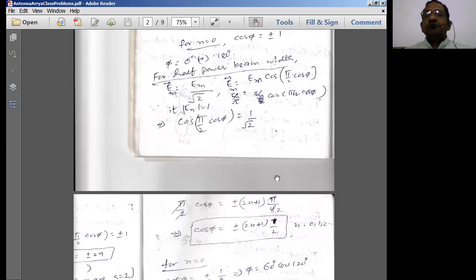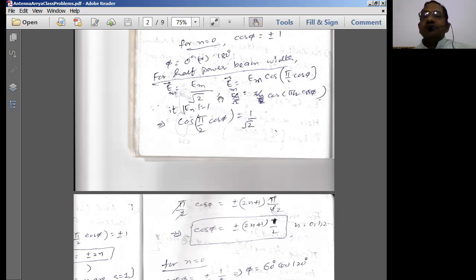So if, for example, the transmitter is capable of radiating around 100 kilowatts of power, it should at least radiate with 50 kilowatts of power. If it is going to be more than 50 kilowatts of power, then it does not come under the maximum power radiation. So here we have to find out the half power beam width to transmit the maximum power radiated. Therefore, that is so important for us.